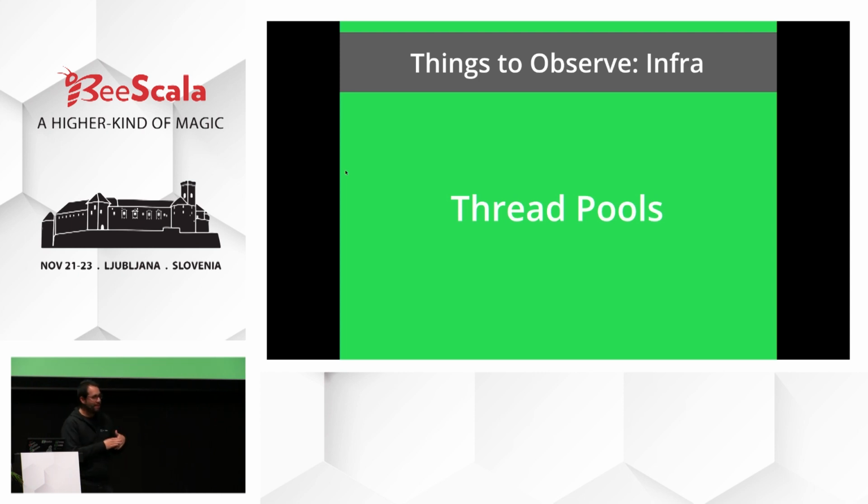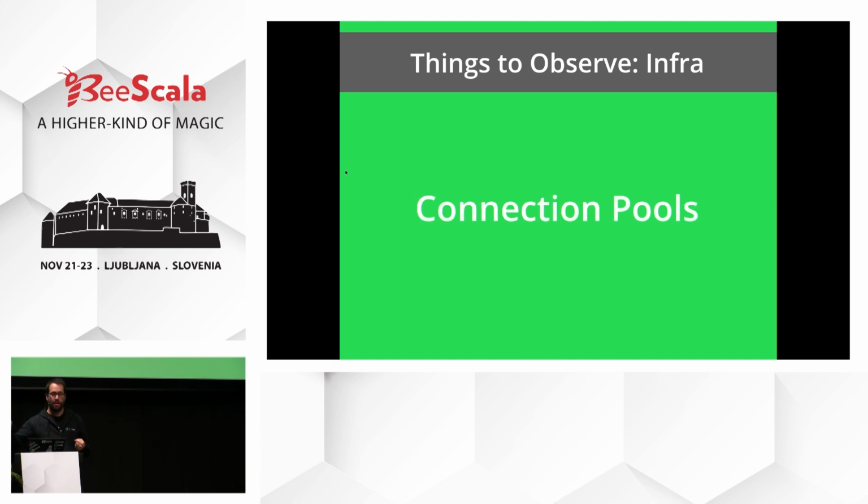And actually, one funny thing is, if you have a fork join pool with 100 threads, it consumes a bunch of CPU when you have almost no work, because these threads are there trying to figure out what they can steal from each other. So you could be burning CPU if you have 100 threads in a fork join pool and just a little bit of work, because they don't die since there is a bit of work, but they have nothing to steal, and then they keep spending CPU trying to steal. The only way you could figure out that that is happening is if you're keeping an eye on your thread pools.